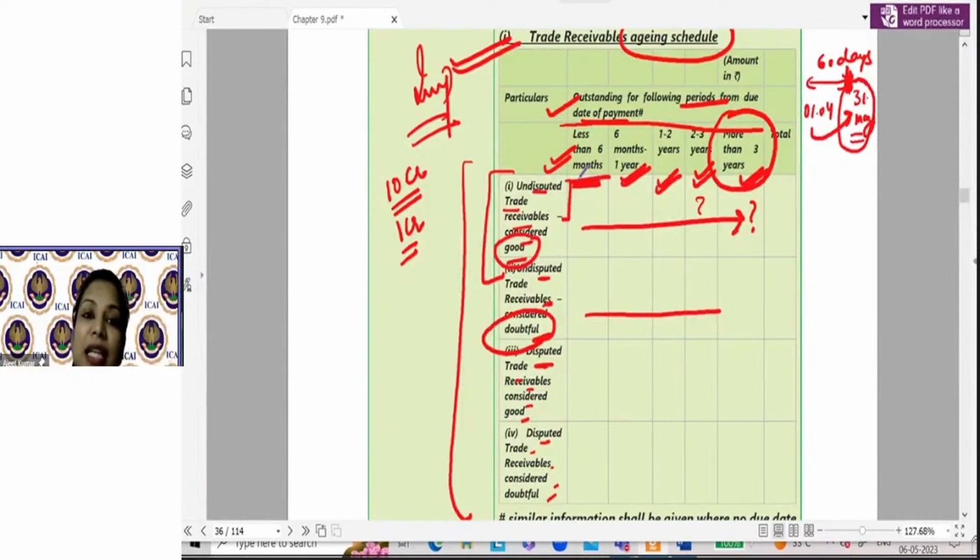देखो, कैश सेल्स नहीं है ना, तो डेटर आता ही नहीं ना। फिर तो ऑन द डेट ऑफ सेल द पेमेंट मस्ट हैव बीन रिसीव्ड, दिस इज व्हाट क्रेडिट पीरियड इज गिवन है, तभी तो क्रेडिट सेल्स बोल रहे हैं। तभी तो ट्रेड रिसीवेबल्स या डेटर्स अराइज हो रहे हैं ना। सो फ्रॉम द ड्यू डेट, व्हेन द पेमेंट बिकम्स ड्यू, फ्रॉम दैट डेट इफ इट इज आउटस्टैंडिंग फॉर लेस देन 6 months, ठीक है, क्लियर।